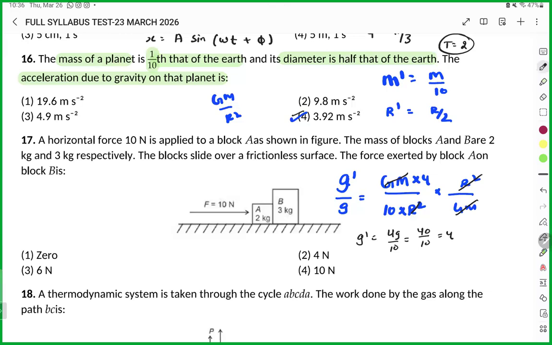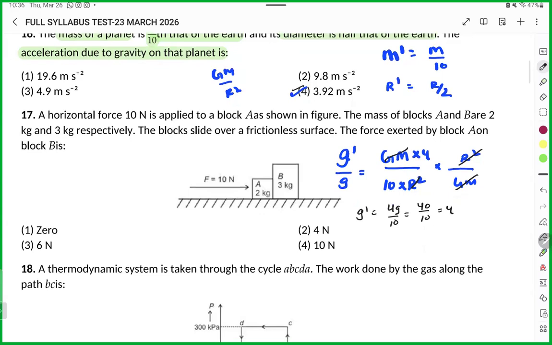Anybody have doubt in this question? Let me know. Just take a ratio of the two gravities. तो बस यही था, रेशियो निकालना था, मास और रेडियस दिया हुआ था, उनको कंपेयर करना था।